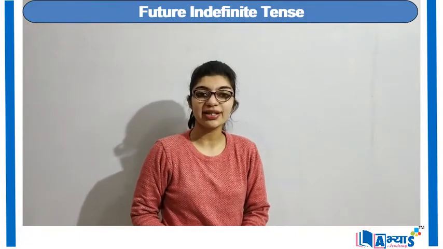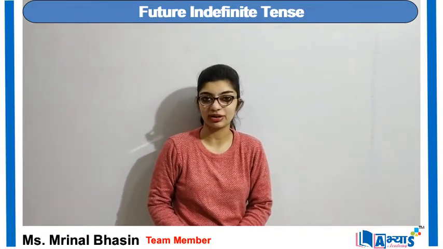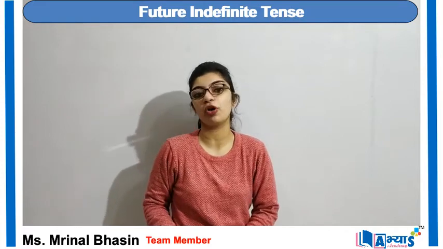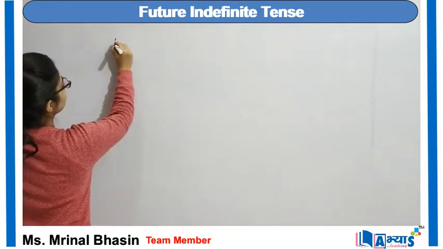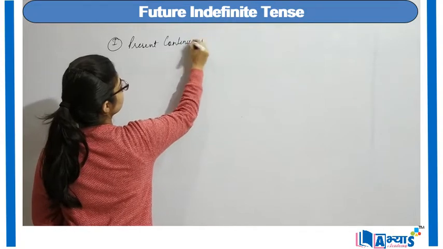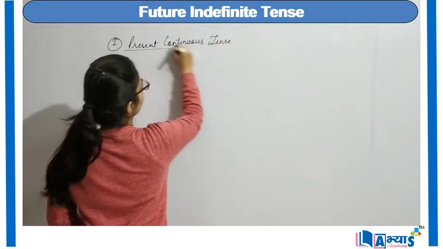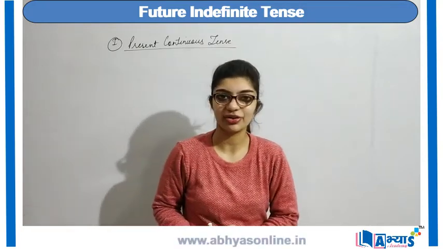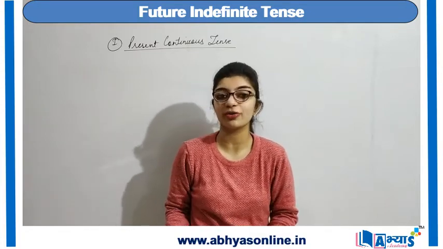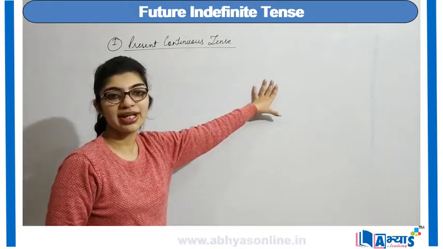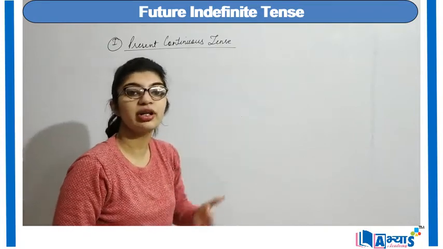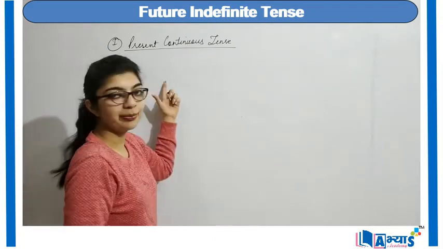Now there are several ways in which the future action can be determined in English. Several ways means that there are several tenses that can determine the future form. The first tense is present continuous tense. Now we know that English is a complex language, right? There is no single particular rule, but there are several rules to understand the concept of English. Now, we know that future tense is used in a future form, but a present continuous tense can also determine the future form. So, the example of such is